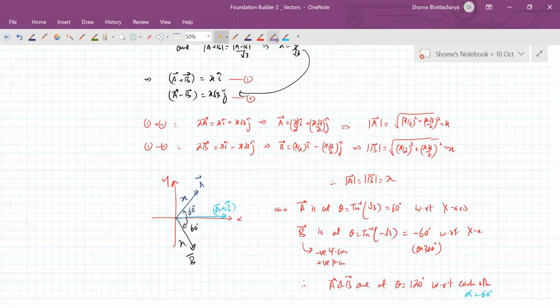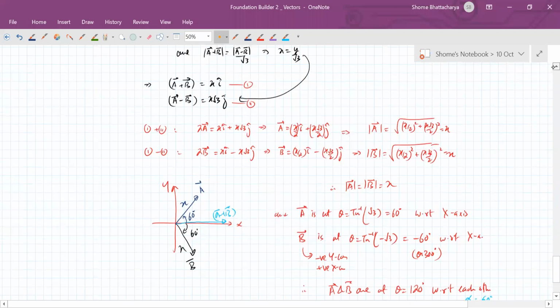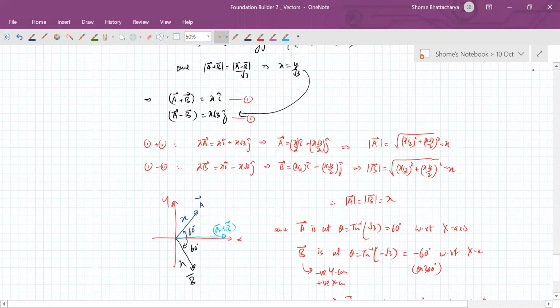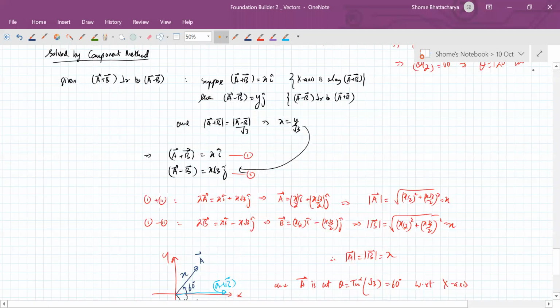So this is another way of solving the same question, but you can see that it's more lengthy, more solving is involved, because obviously the rhombus properties make a lot of things direct. You're directly using the geometry of the rhombus, so it's going to be much easier compared to any kind of solving method. So that is the advantage of knowing the parallelogram law, and more importantly knowing the special cases of it.